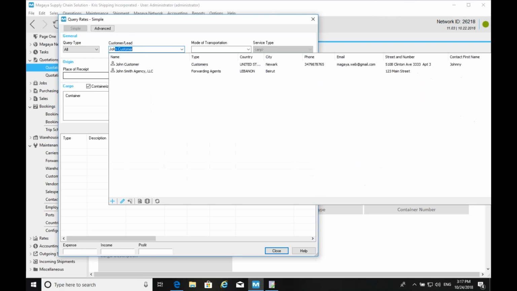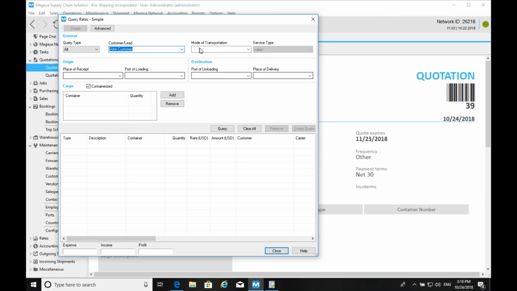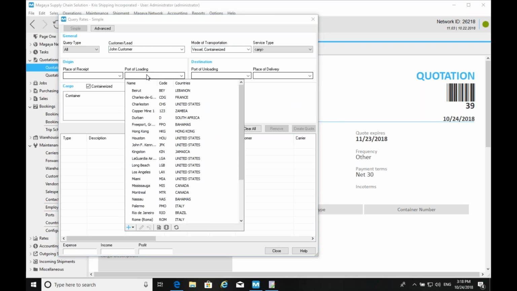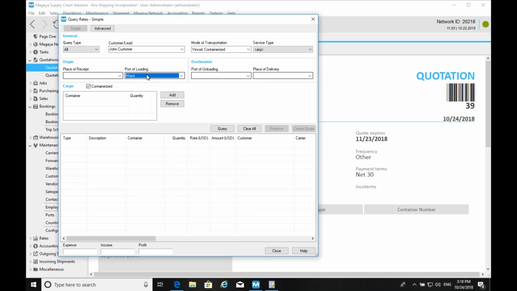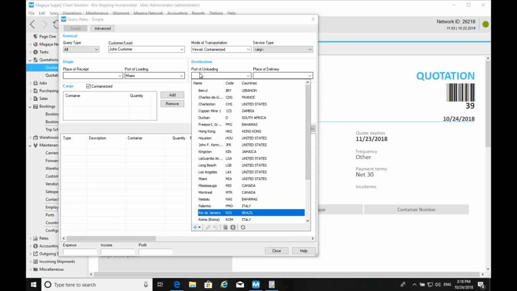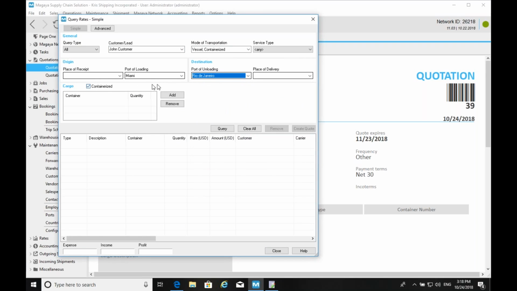Imagine this is my customer that I already know. They want to ship a container from Miami to Rio de Janeiro. They want a 40-foot high cube. Let's see what we have.